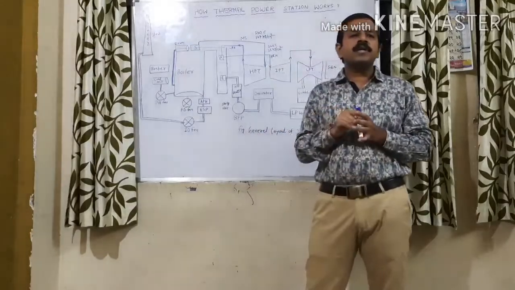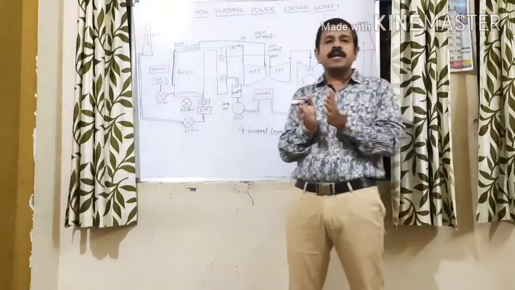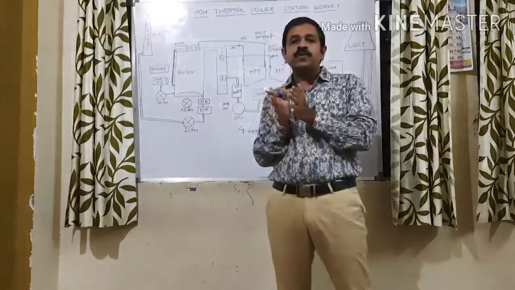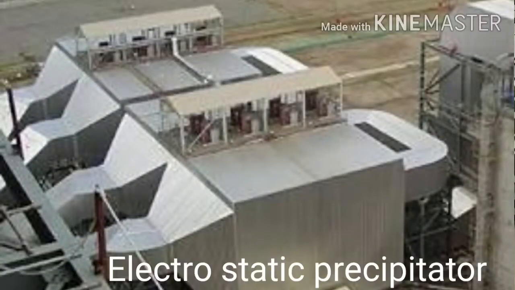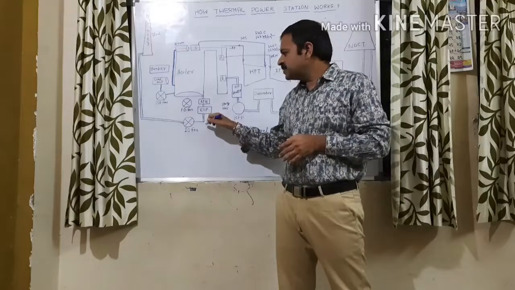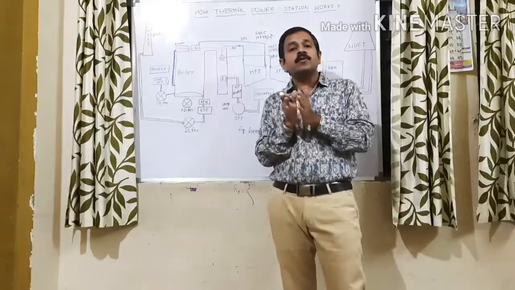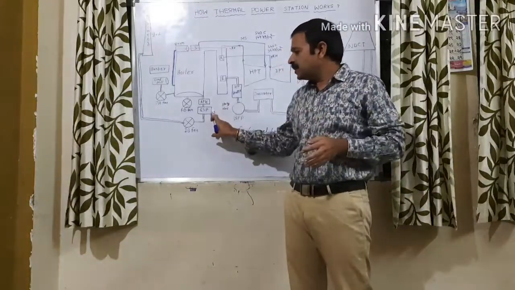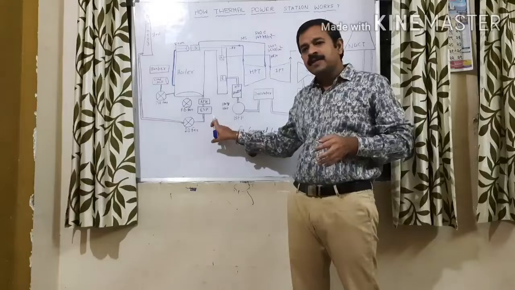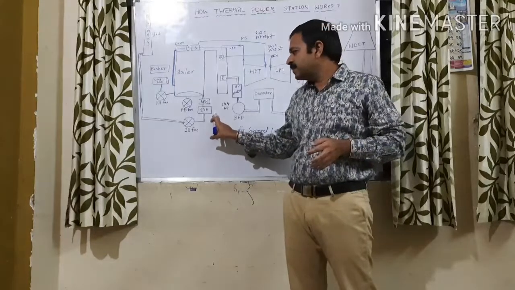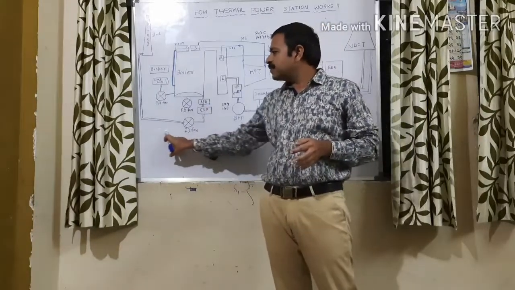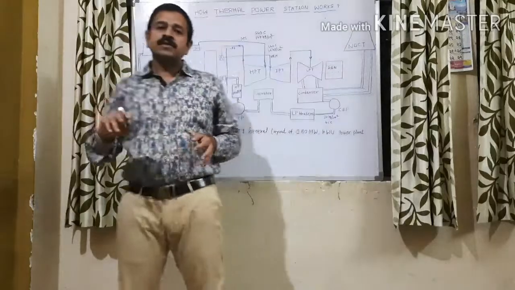Air preheater means this is the element in which the FD fan air and the PA fan air will get the heat energy from the flue gases. ESP is the electrostatic precipitator. So this is the element which will remove the fine ash particles from the flue gases. In this ESP we are using the principle of induced electrostatic force. Ash is collected in the ESP hopper, and these flue gases are sucked by the ID fan and pass through the chimney.